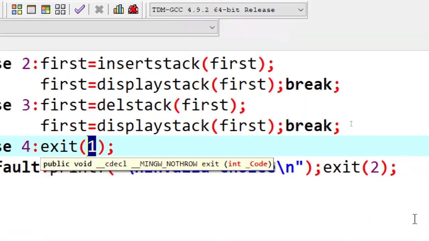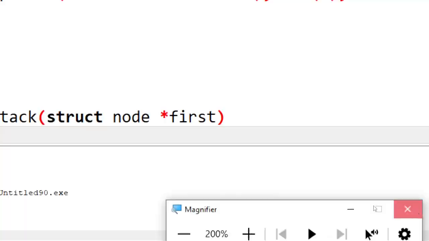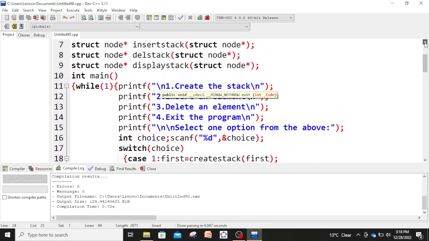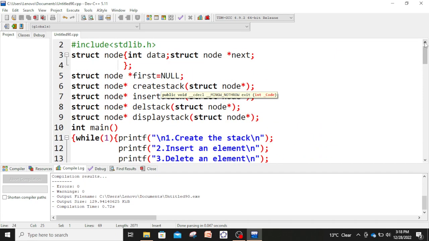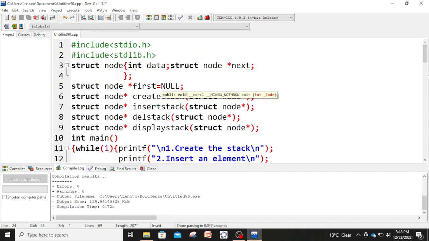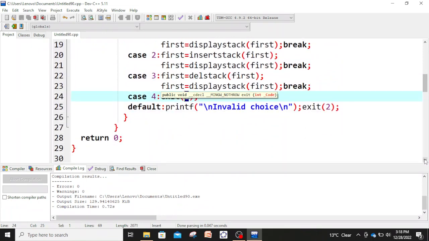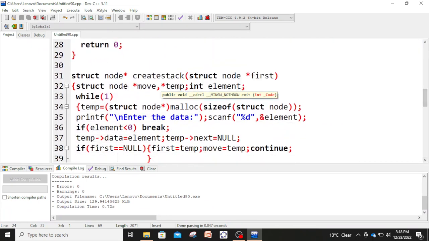Okay, so this program is working well, but I will work on this program to make it user friendly. This program is working well for all the options, but still I say that this program is not user friendly. And I have already mentioned what user friendly means, but I will discuss this same thing again in the next video. And for the time being, I am closing this video,